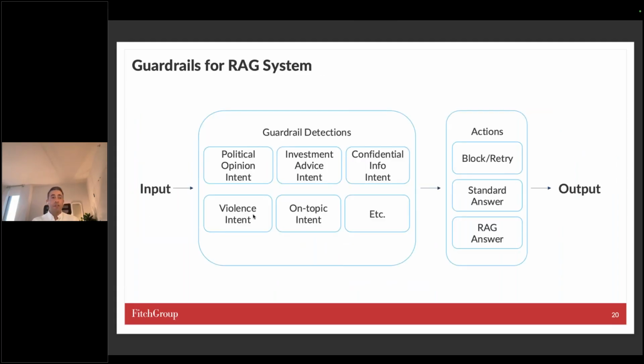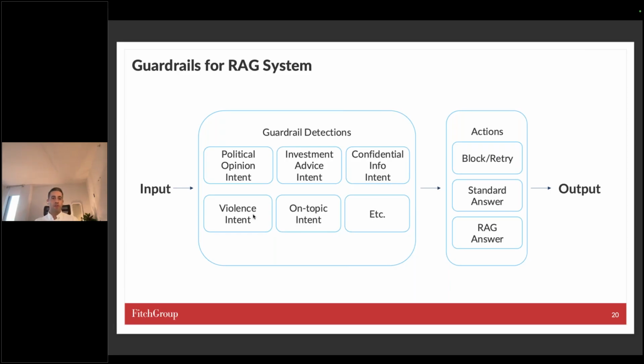Guardrails, I have limited time here, so I'm not going to go into a lot of detail regarding guardrails, but as you can imagine, Fitch being a financial company in a regulated environment, guardrails are extremely important. We cannot legally provide financial advice. So if somebody comes into one of our systems and says, hey, is now a good time to buy Apple stock, we need to serve back a response that says, hey, this is not a question that we're allowed to answer. This would constitute financial advice, which legally we're not allowed to provide.